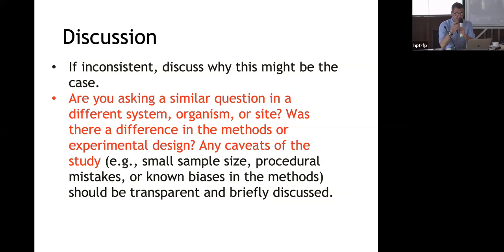Also, again, don't hide things. You may know that your study has certain caveats or certain problems. You can acknowledge those things. So it's good that you already say, well, we did this because we decided to, we took a number of assumptions, but we are aware that something else could have been done. So it's good that you present this in the discussion. This is also a way of expanding and developing your discussion.